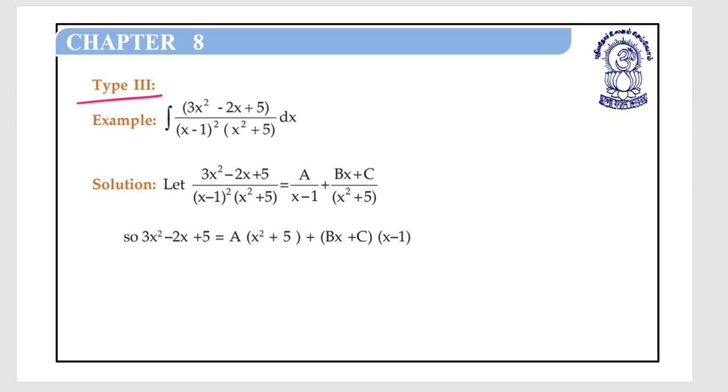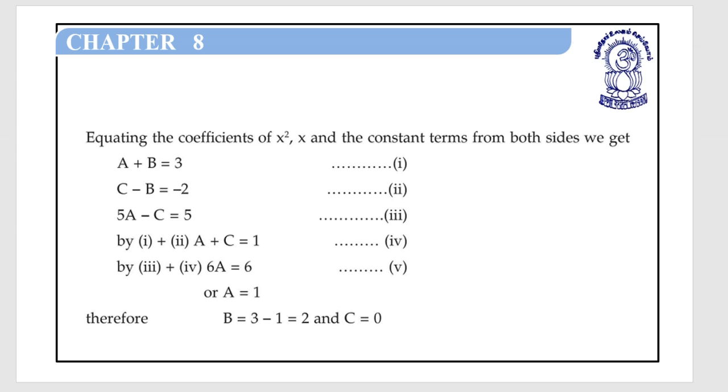Type 3. Integral of 3x square minus 2x plus 5 upon x minus 1 square into x square plus 5 dx. So a upon x minus 1 plus bx plus c upon x square plus 5. So 3x square minus 2x plus 5 is equal to a into x square plus 5 plus bx plus c into x minus 1. Equating the coefficient of x square, x and the constant terms of both the sides, we